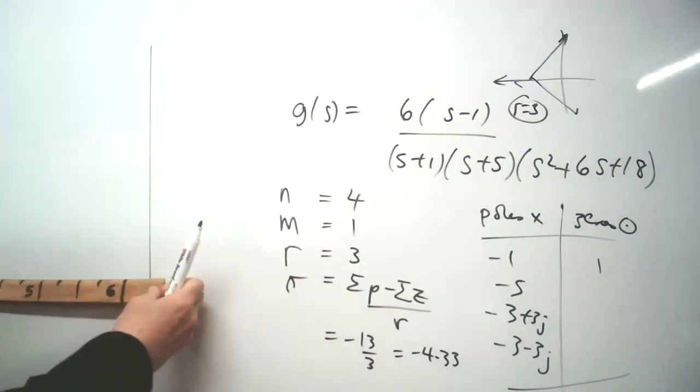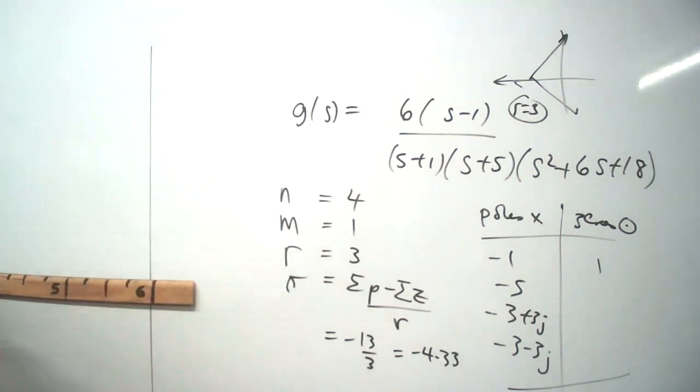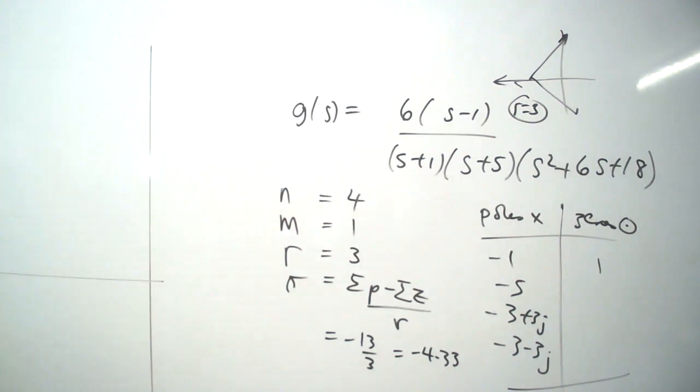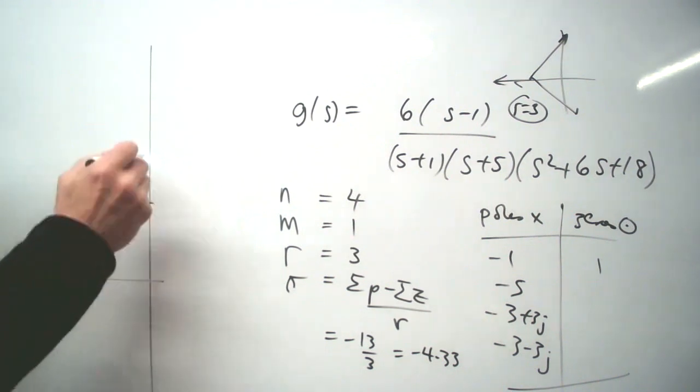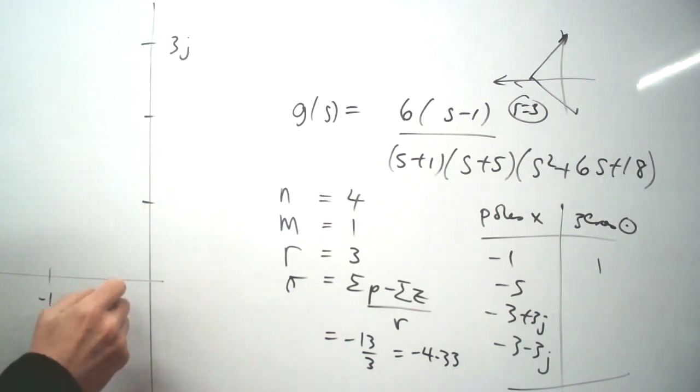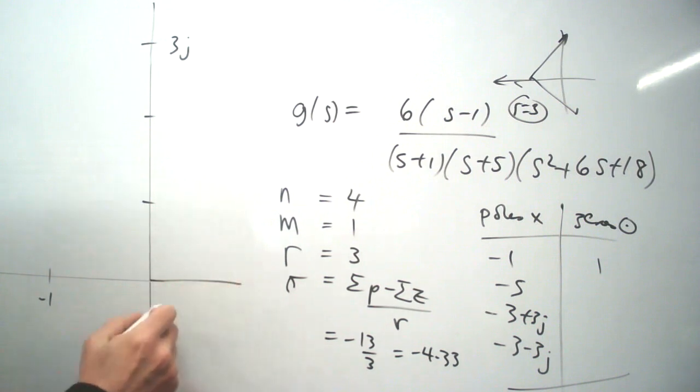So next thing, I'm just going to do some little sketch. If you're doing this as an exam question, it doesn't have to be that accurate, so you can just do it straight onto a piece of paper using a ruler. You don't need graph paper. It's only a sketch at the end of the day. -1, -2, -3, -4, -5, 1, 2, 3, and